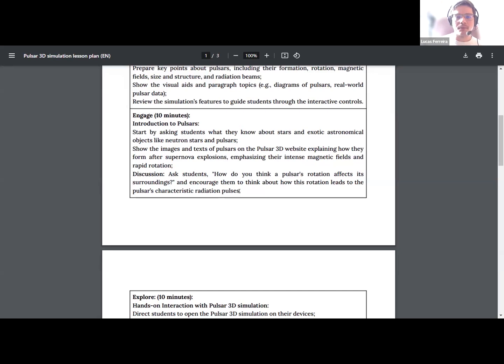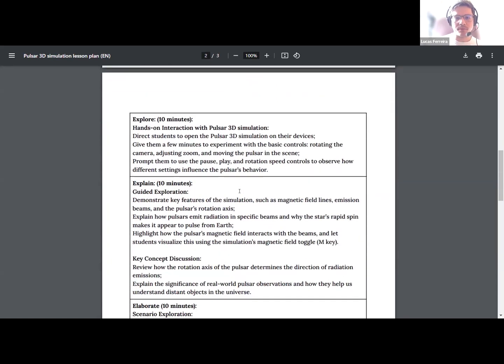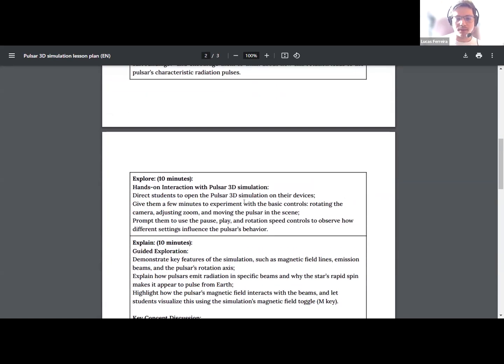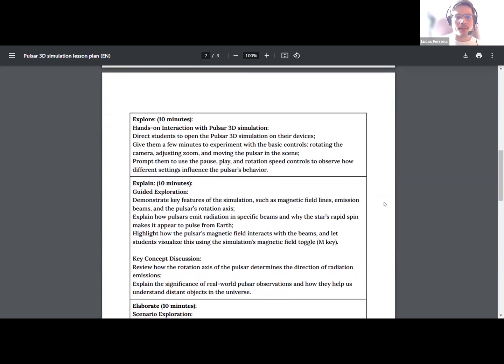What's happening close to a pulsar? What is the behavior observed? And what is the difference between being close to a pulsar and here on Earth? What is the difference about the structure, the signal, the electromagnetic waves that we observe? So these are the